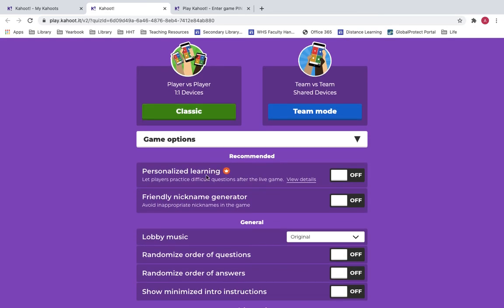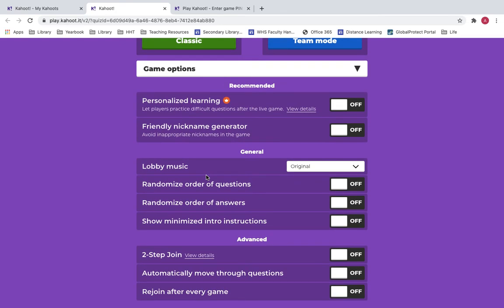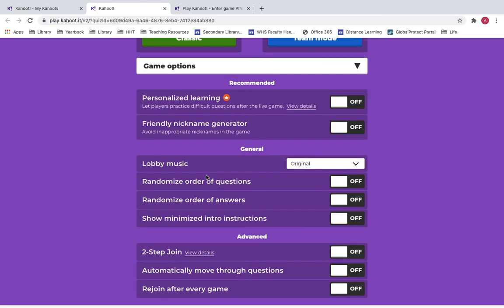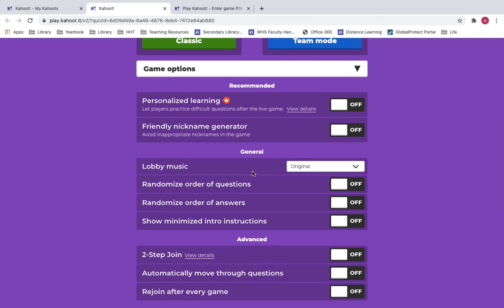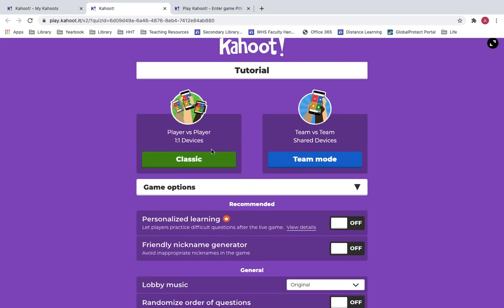You can do a personalized learning option where it allows students to go back and practice any difficult questions that they had. And you can also create a friendly nickname generator to avoid having students put inappropriate nicknames into the Kahoot. You can change the music, you can randomize your questions. So you have a few options down below that you can filter out some things for yourself. Today we're going to do a classic game, one-to-one. When I click on this,